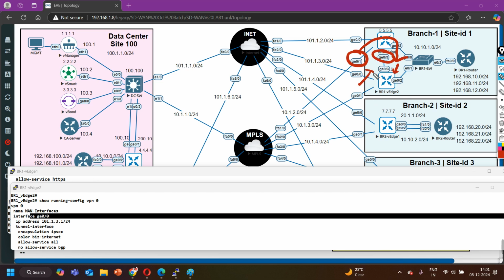Means here on this interface we are going to configure this interface as external interface, we are going to allow some services, and then we are going to define the color and encapsulation protocol. That's it, right? Another requirement is to make sure you are extending the MPLS link from WAN edge 1 to WAN edge 2. So WAN edge 2 should be able to access these controllers through this link,